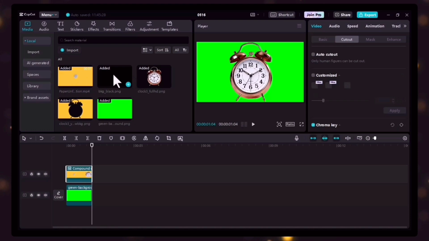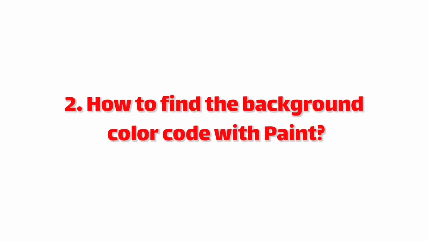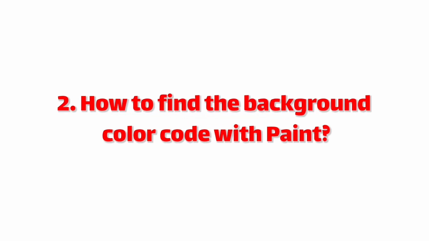The black background is easy, but this one, how to make this one? Please continue watching. To create an image with the same color as your footage, you need to find this RGB code. Pay attention, this color differs based on the footage you have. For example, for this footage, I need to find the code for this color, yellow,